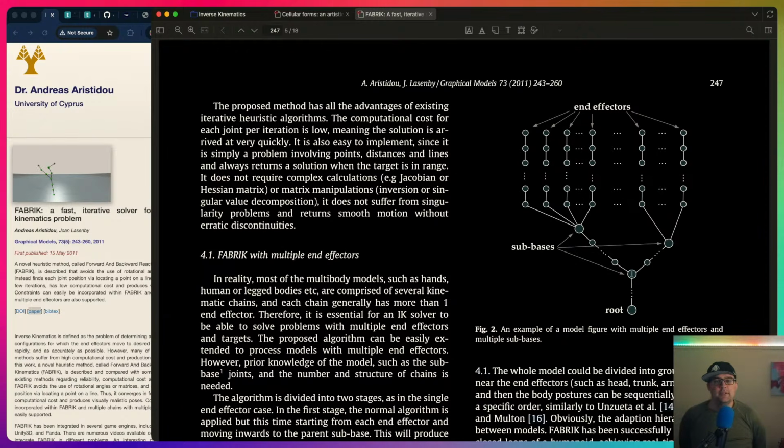You still think there's an easier trivial solution that would work and handle multiple interfering IK chains with a lot more iterations? Maybe. I don't think the way they present it in the paper is terrible. I think it seems fine from an implementation perspective. We have to prepare a little bit more data, right? If we wanted to do it generically, we would have to discover all of the subbases, which I think we could do, right? If we do a bone chain for every